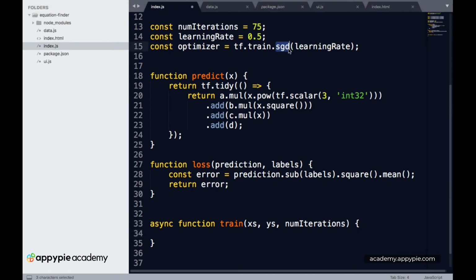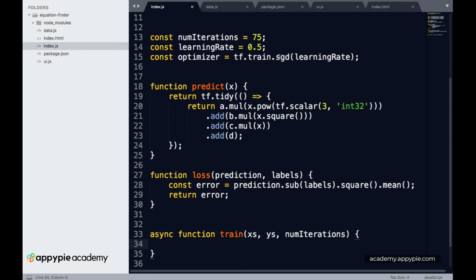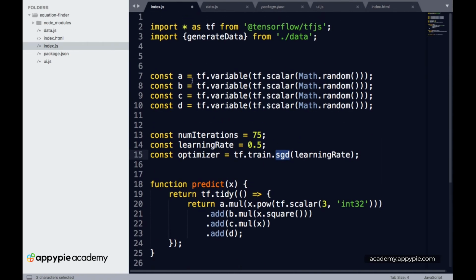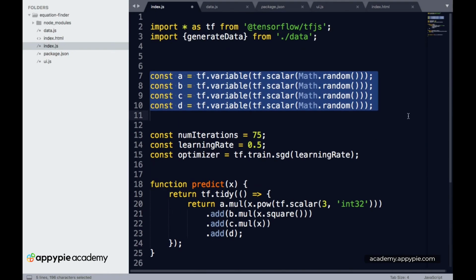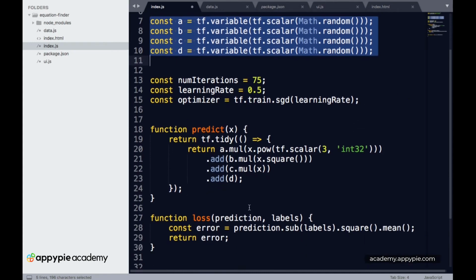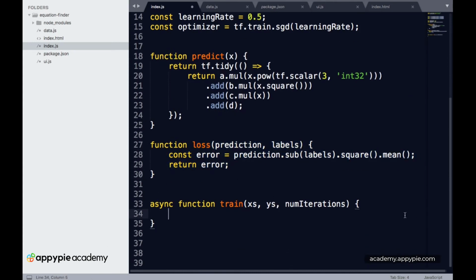We have a whole lot of different optimizers, and we'll come back to these optimizers shortly after we finish the writing of the program. Okay, so for now just understand that the stochastic gradient descent basically changes the values of all of these constants or all of the parameters in our program, and that is when we give it a final goal to minimize the value of loss. Okay, so that is what we are writing in over here.